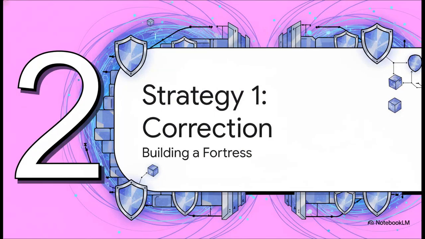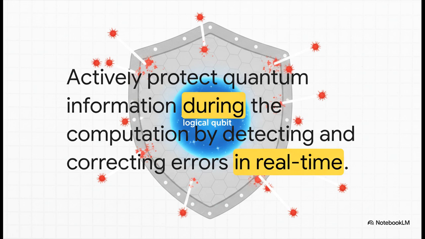So how do we fight back? Well, our first strategy is the big one, the long-term, gold standard solution: quantum error correction, or QEC for short. The best way to think about this is like trying to build an absolutely impenetrable digital fortress around your precious quantum data. The whole philosophy here is active defense. QEC is like having guards on patrol 24/7 inside your computer. It's designed to work continuously in real time, finding and squashing errors as soon as they pop up.